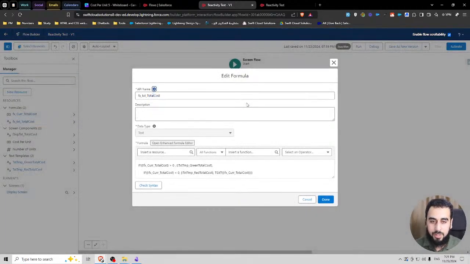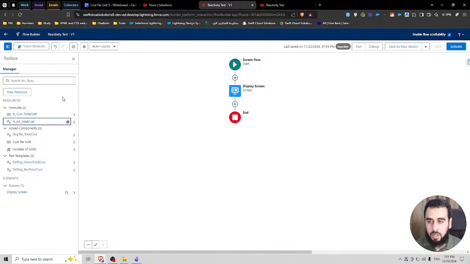So this is one of those cases where I typically don't add descriptions, but this is one of those use cases where I would think adding a description will do. Trying to put them in one formula might be a good idea, might be a bad idea. I'm not sure.